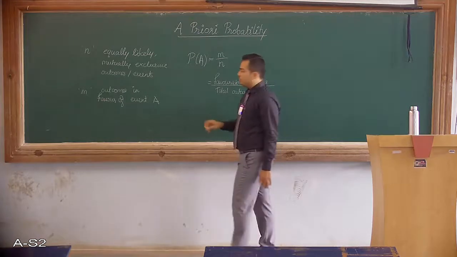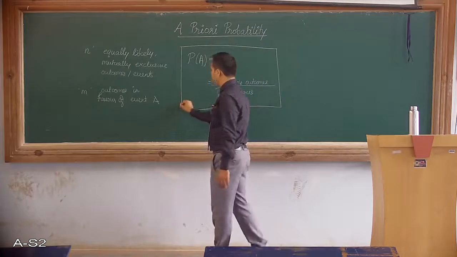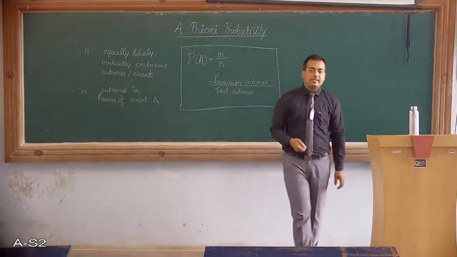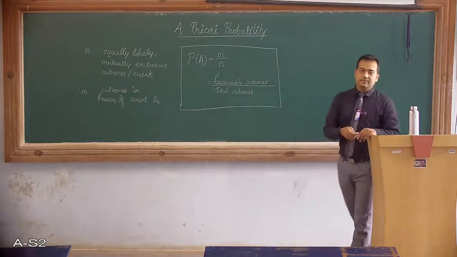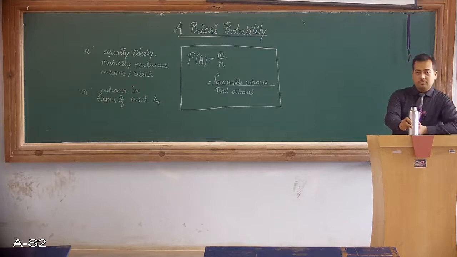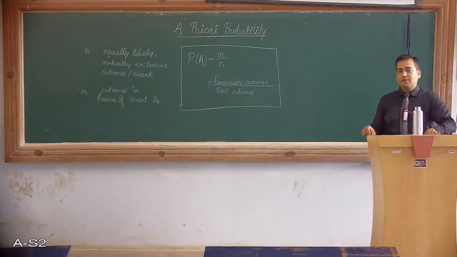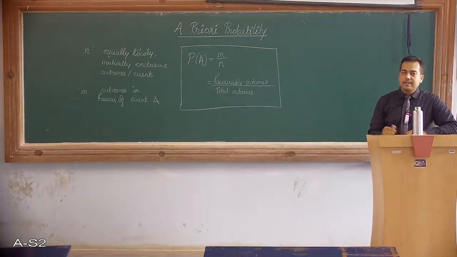So this is how you define favorable outcomes divided by total outcomes. Mathematically, probability is defined this way, that is, favorable outcomes divided by total number of outcomes. So if you have understood the basic formula of calculating probability, now if you compare it with the examples we had discussed in the previous class,